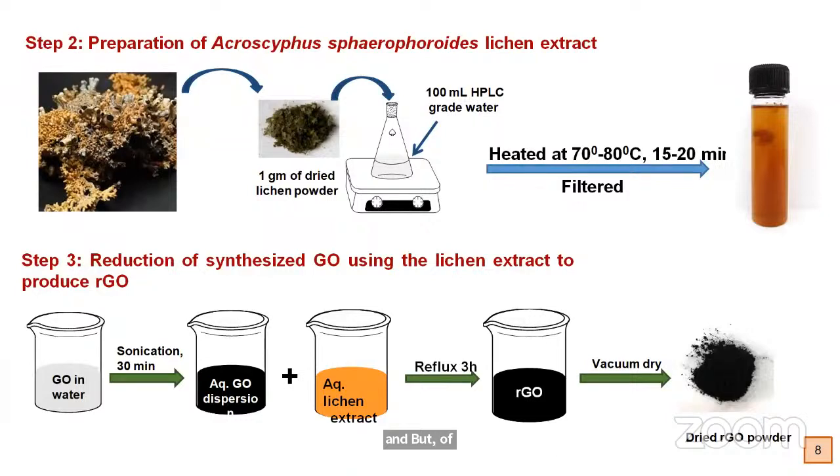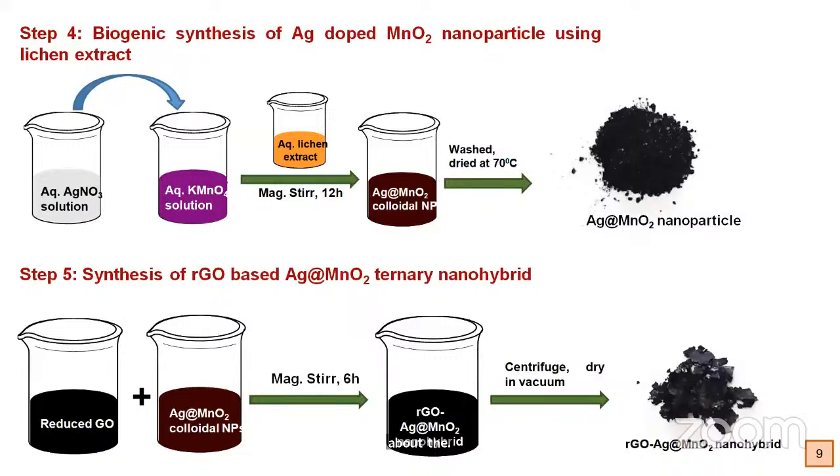preparation of the Cyphus spirophorides lichen extract we have prepared, and we can see this particular alga. This is one of the final things I will highlight, about the RGO, the graphene oxide. As we all know, graphene oxide is one of the most important entities of nanomaterials. Nowadays, it is being applied, and we have